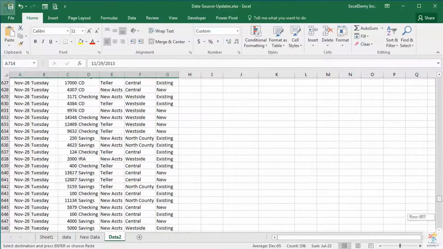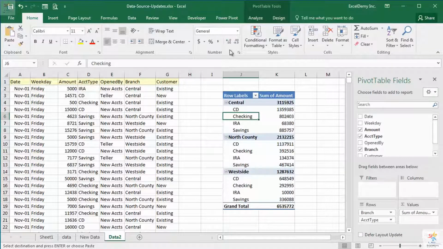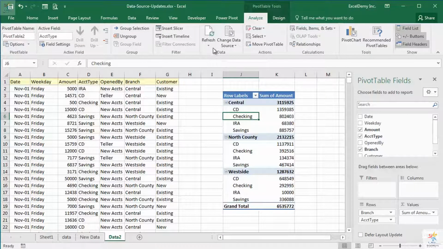Now I update the pivot table. You see, nothing happens in the pivot table. The pivot table is not updated because this pivot table is still using the old data source.